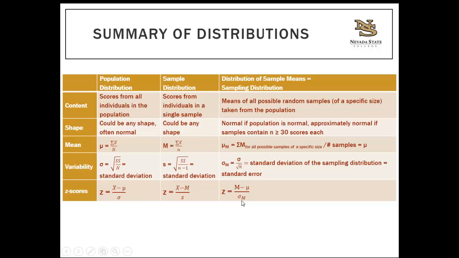So I hope that this table helps you understand where we've been and where we're going, and how where we're going is related to where we've been. So that concludes the theoretical piece of this lecture. Go ahead and try the example problems on the slides, and then watch that example problem video for all of the answers. And it's very similar to what you've done before when it comes to figuring out probabilities and means,